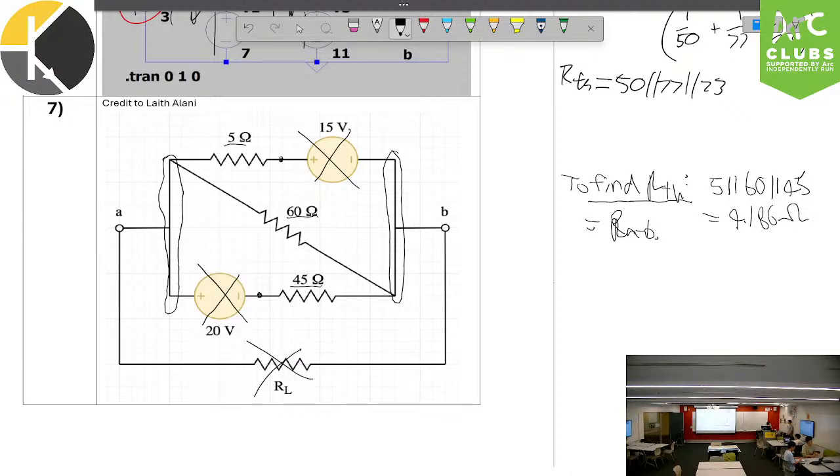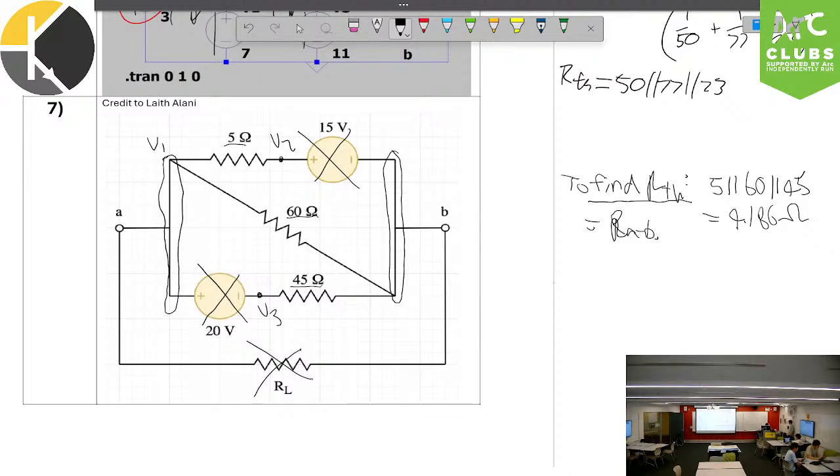Now, for the second part, we have to find the VTH. In order to do this, it's fairly simple. We've already labeled our nodes here, so it would probably be pretty easy to apply nodal analysis. You can probably use mesh analysis. There is another way to solve this using source transformations, which is a bit of a trick, but just to keep it consistent with your thought process during the midterm, we'll just use nodal analysis. So what we can do is just start labeling these nodes. We can say that this is V1, this is V2, and this node down here is